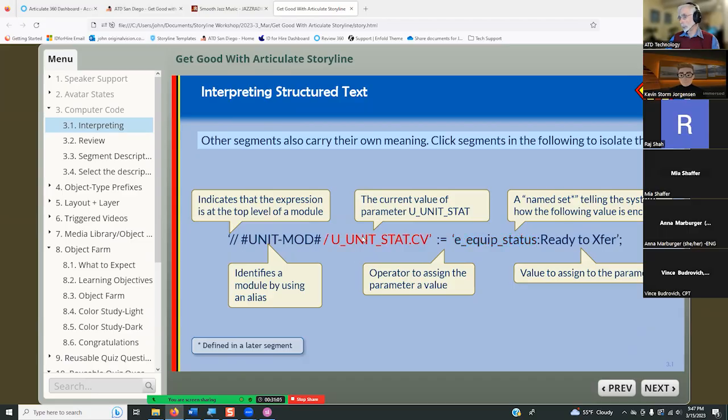You can click on a component and then that lights up so you can see what that is. Now, this would work for any type of language, really. If you're teaching a foreign language, or even if you're teaching grammar, this could be an effective way to teach parts of speech, diagramming sentences, that sort of thing.